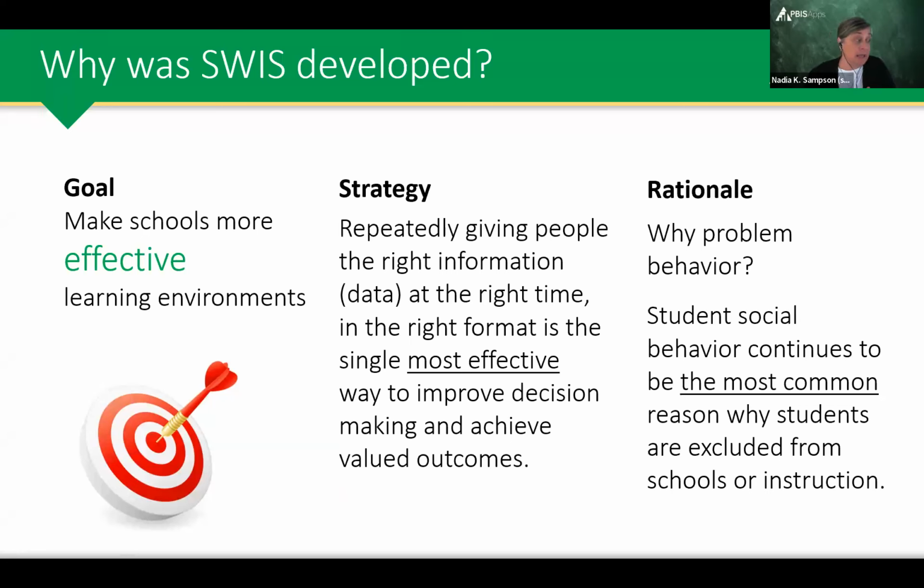They're being excluded based on the behavior and they're not getting the instruction. Oftentimes those are students who really need that instruction. They need to be in the classroom and getting that support. And so it's really important that we look at behavior and try to get as precise as we can